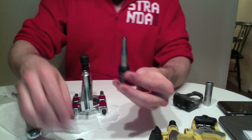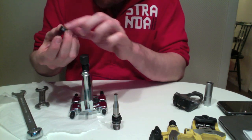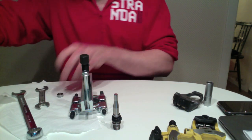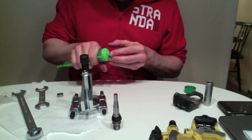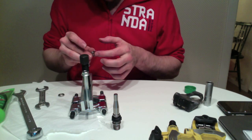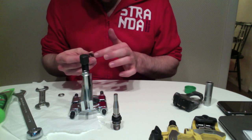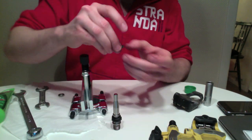Okay. Then we're going to add 2 bearings. I don't know if I should grease the outside of these or not, but I'm going to, just so I don't have to wonder about it. I'm just wondering if this might help keep dust out of the bearings. I know they're already sealed, but if any dust does get past the dust seal,